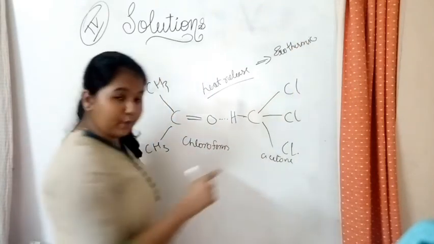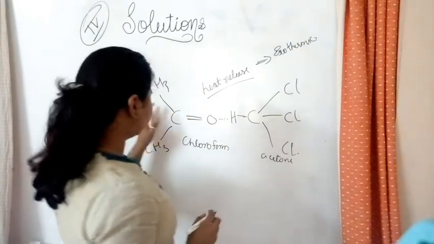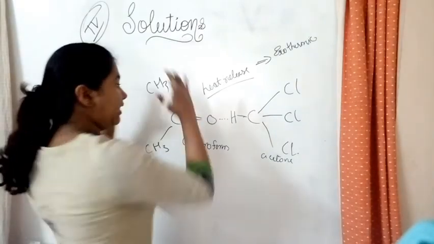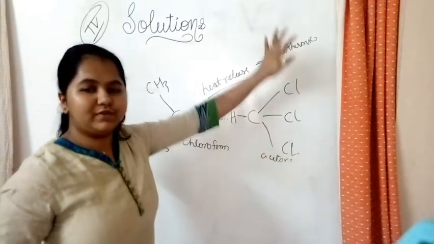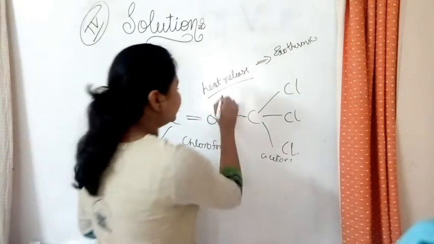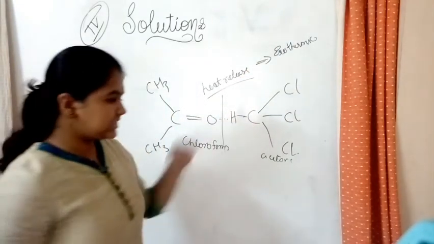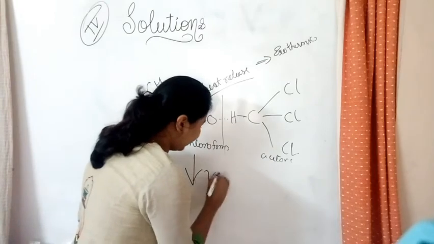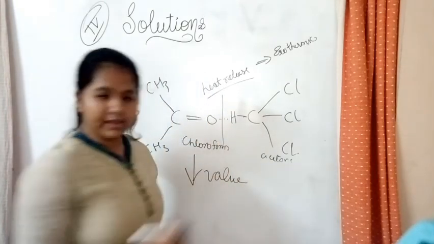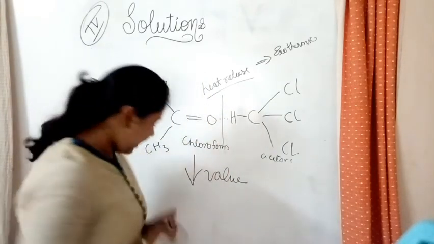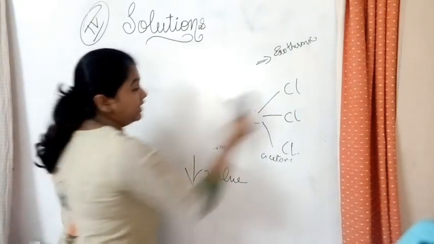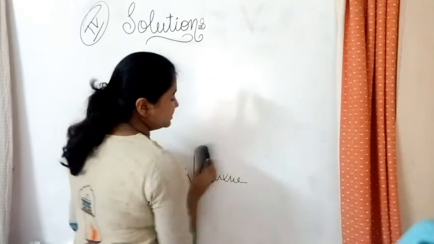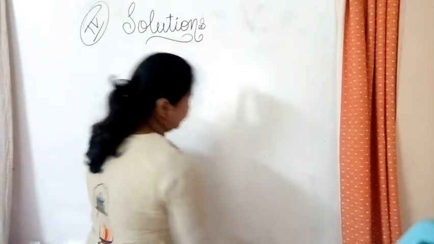Since there is this bonding between these two, neither the chloroform nor the acetone can go to the vapor phase easily without breaking the bond. So that is why they have a negative value. Okay, I hope you might have understood it. Now let's get back to the difference between the positive deviations and negative deviations of non-ideal solutions.